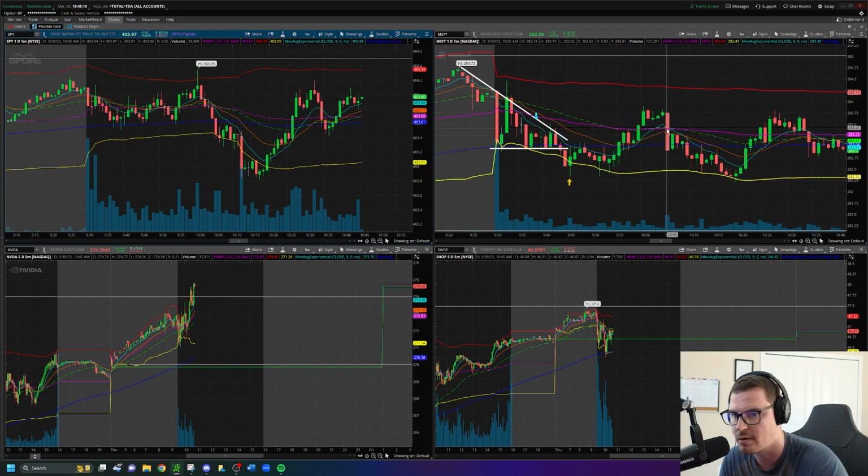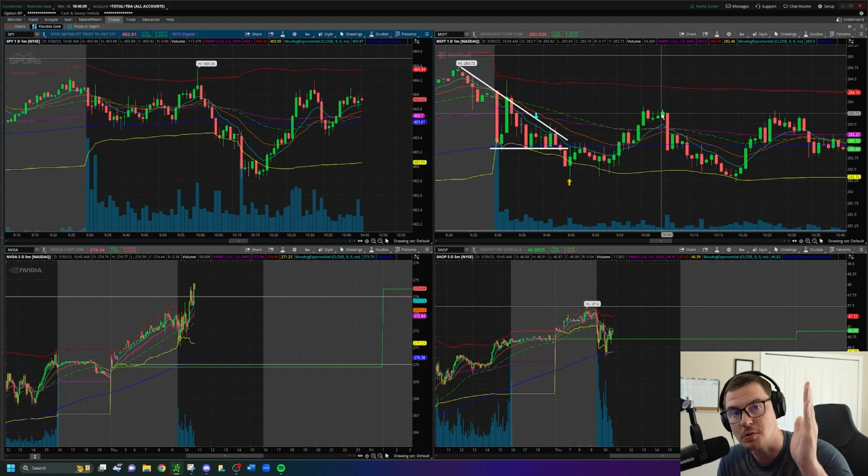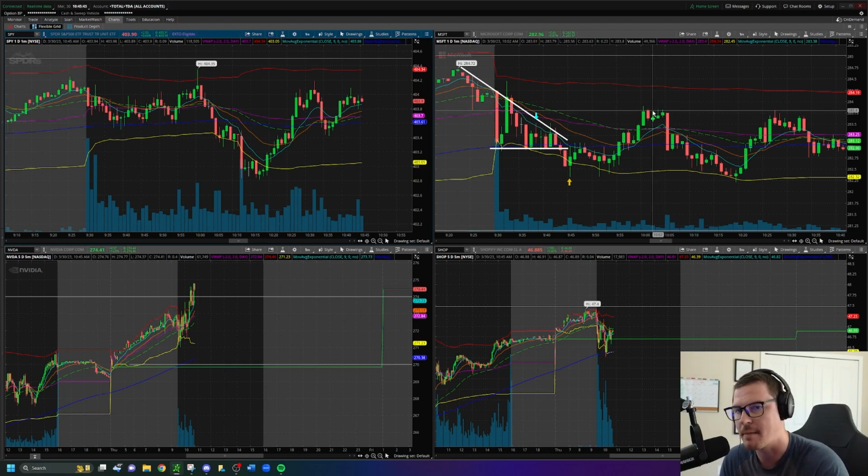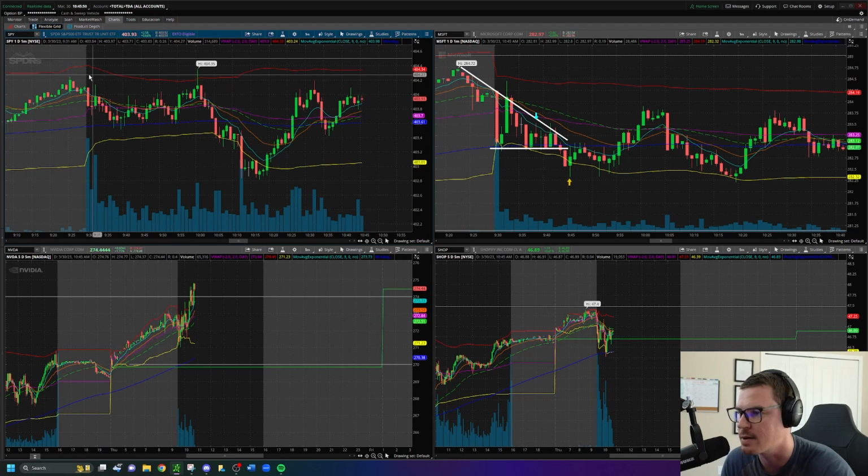Microsoft didn't start to fall until 10:05. So we had 1, 2, 3, 4, 5 minutes here of SPY falling all the way from high of day into low of day before Microsoft even makes a move. And I'm seeing Microsoft consolidating here, and I'm thinking, it's going to be extremely difficult for Microsoft to continue to push higher from where it's currently trading after the double gap up day and while SPY, the overall market, is falling at this time. You want to trade with market backing as much as possible.